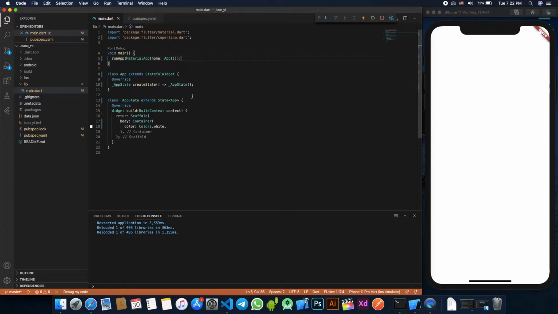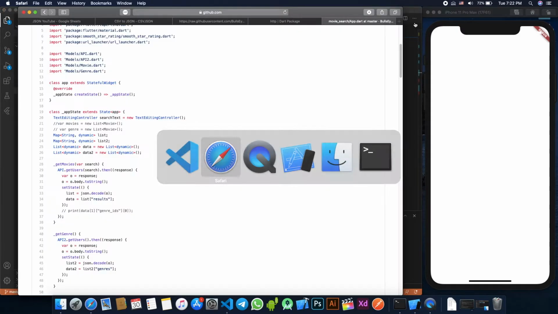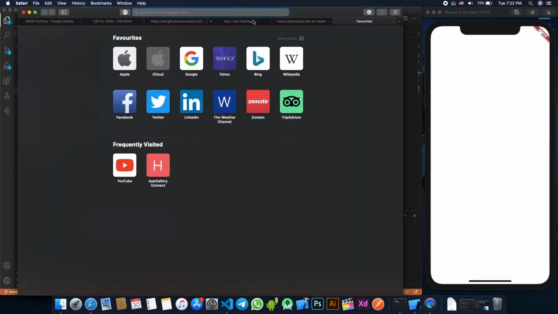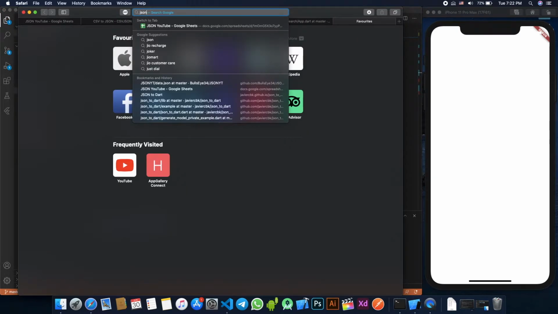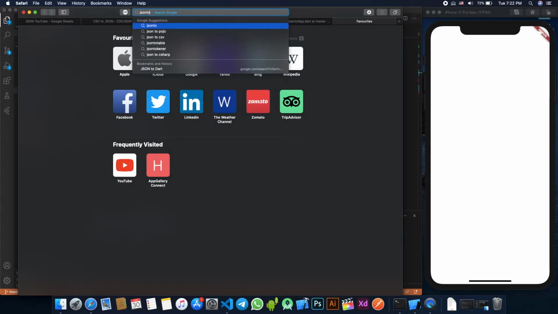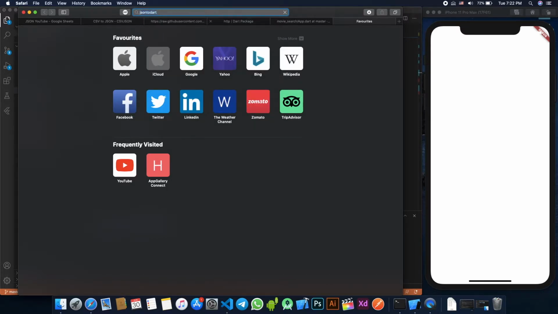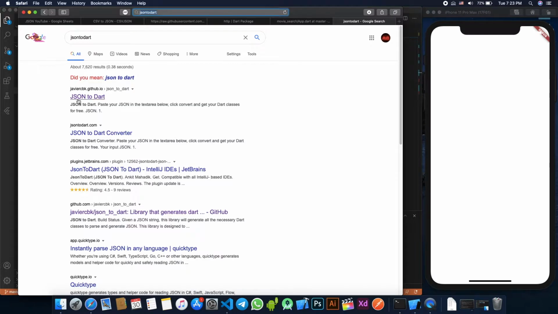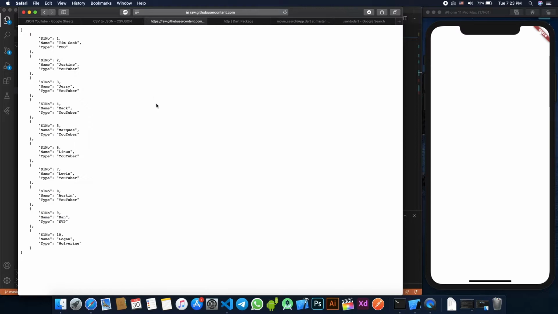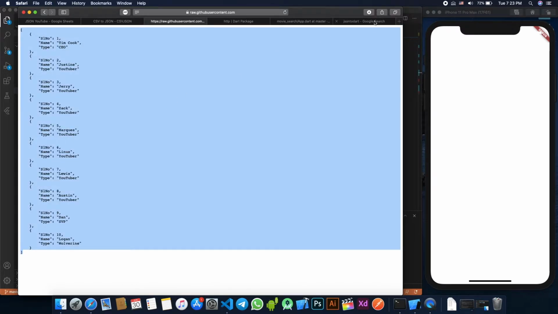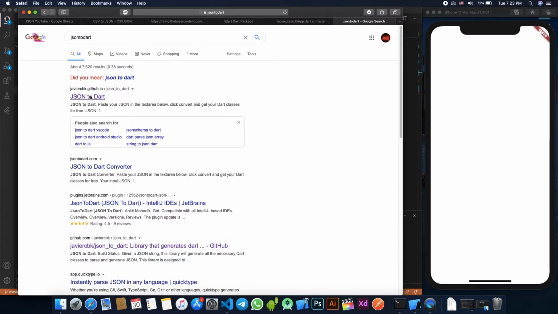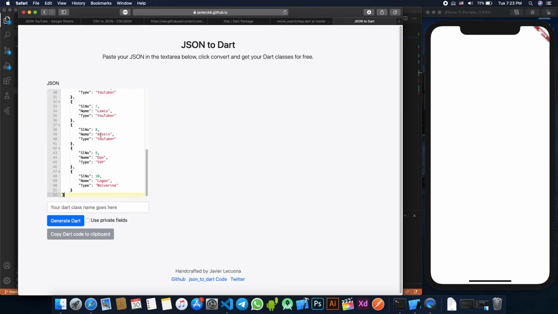So let that get, and I'll see you. Okay, we're back. And now we'll start, right? One thing which I tell you to do is go to your browser, just search JSON to Dart, and there's this website which is really helpful. Go to that, copy your JSON, go to this website and then paste it here.